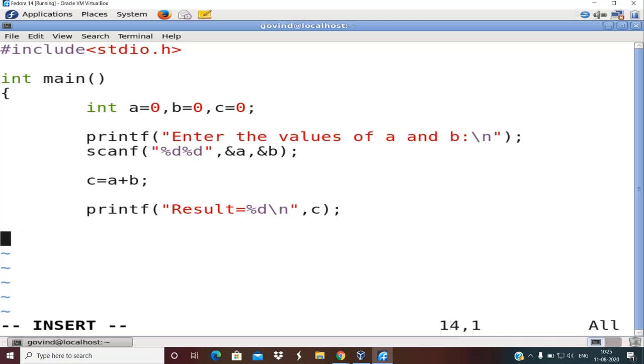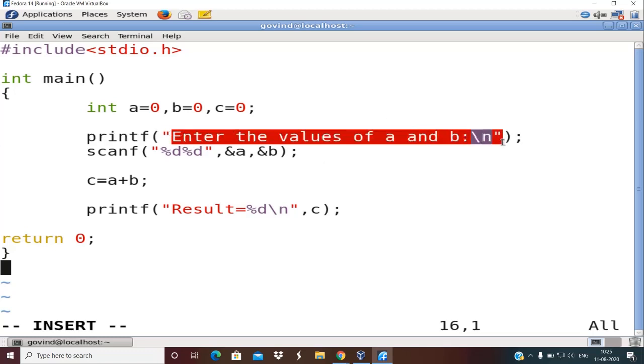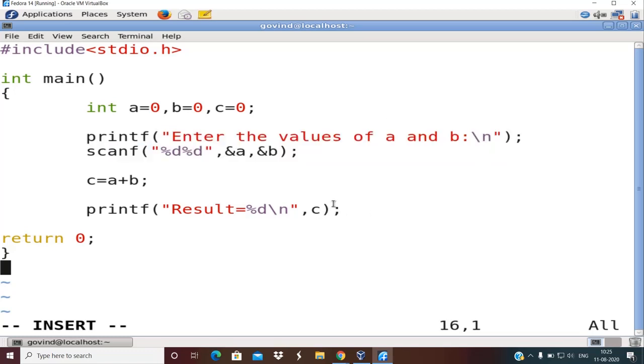You can see here I have shown you the two uses of printf. In one printf there are no variables displayed. In this printf I am not displaying any values of variables, but in this printf I am displaying the value of a variable, right?